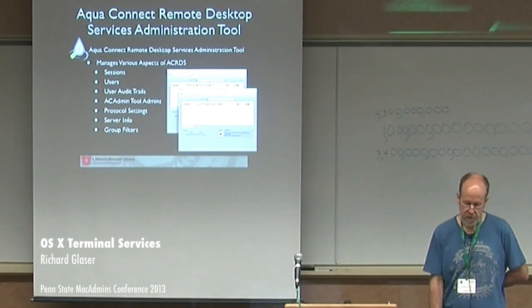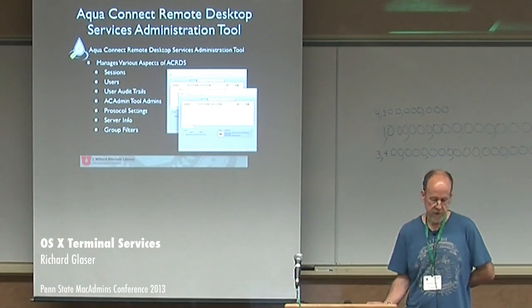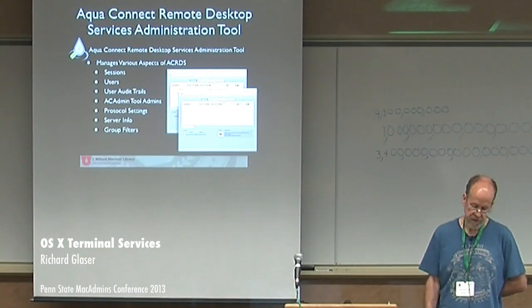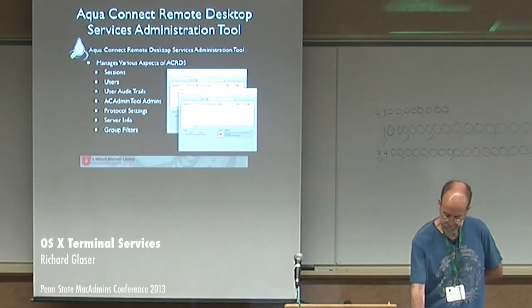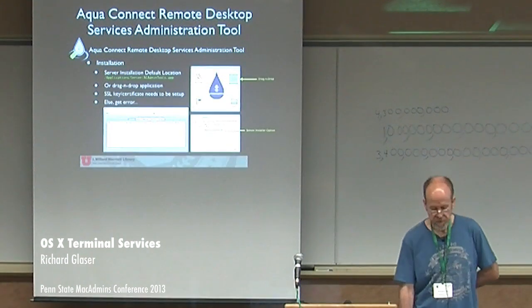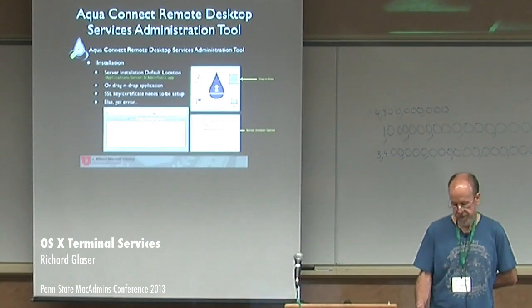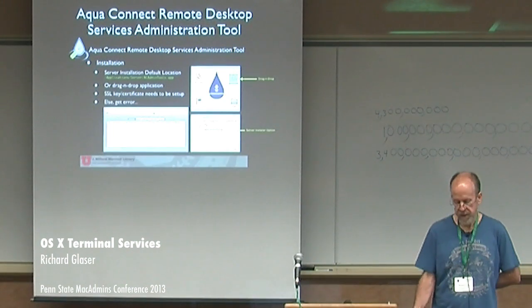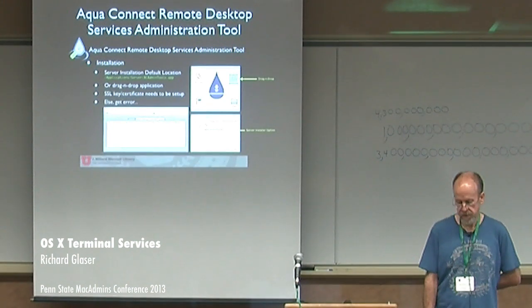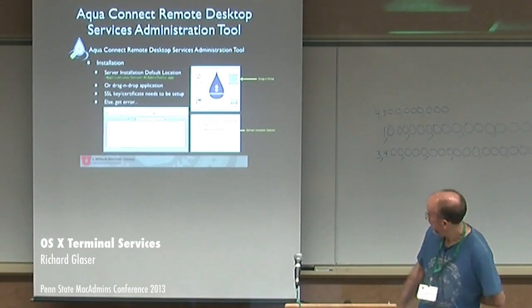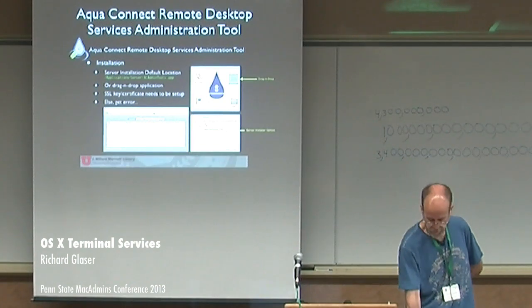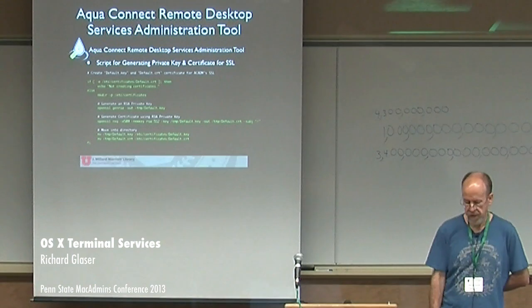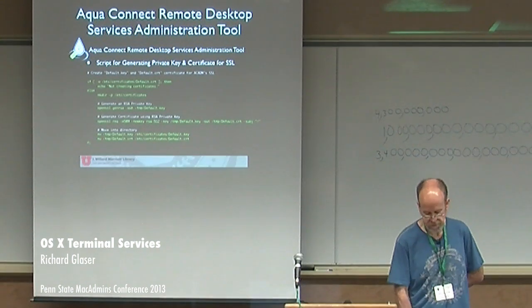The administration tool is a tool that basically allows you to manage various aspects of the terminal server, see live sessions, modify user settings, etc. The installer installs the default location application services. You need to set up an SSL private key and certificate, else you'll see an error at the bottom of the window. Here's an example of the code for setting up the generated private key and SSL certificate.